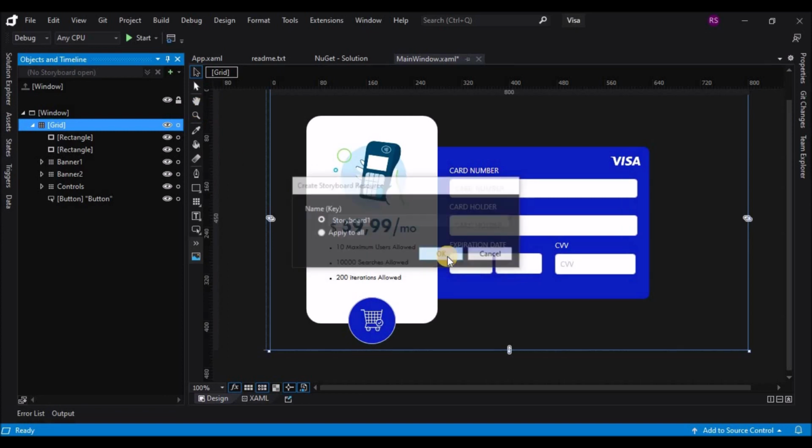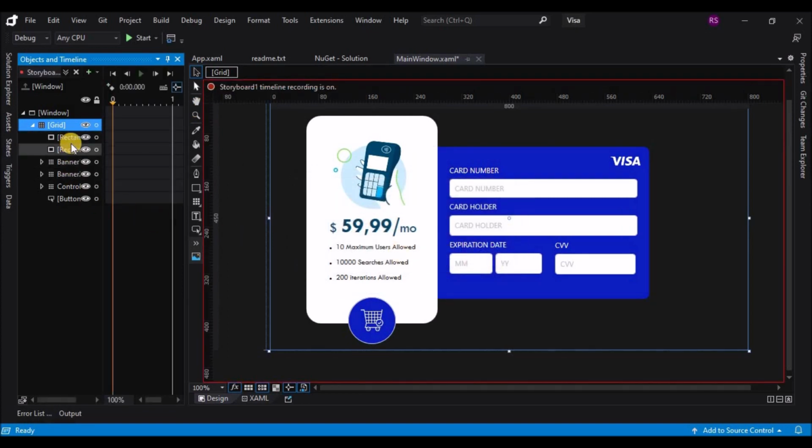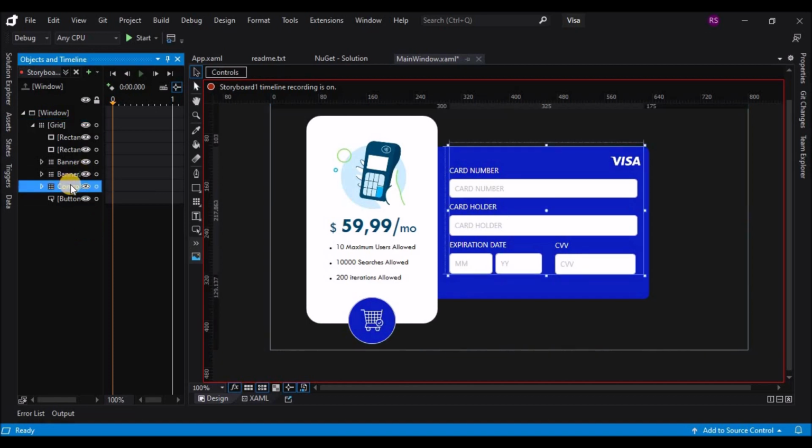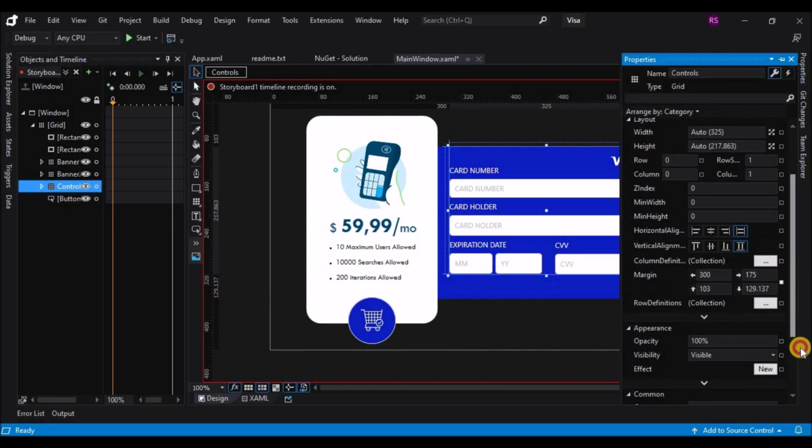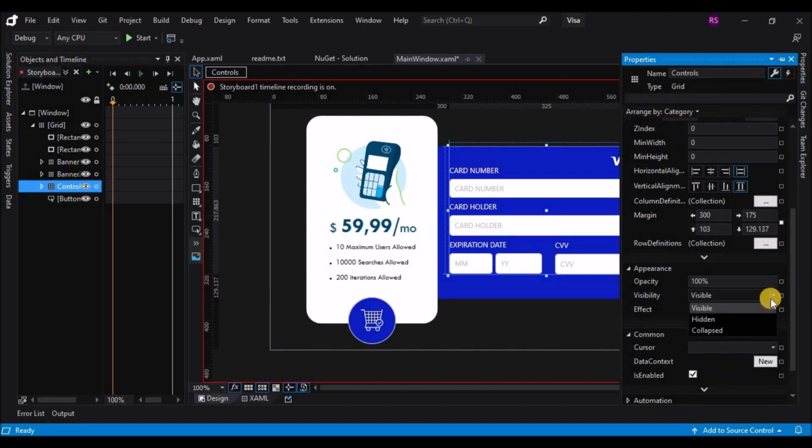So let's start by adding a storyboard, and on the first keyframe of the controls, let's add an empty keyframe, and, let's remove that keyframe, and on the first keyframe let's change the visibility of the controls.